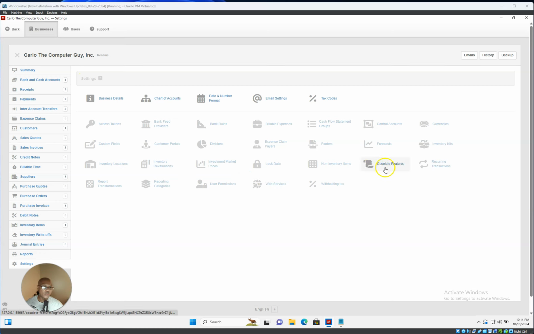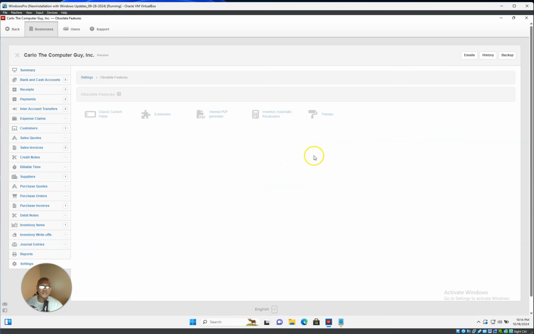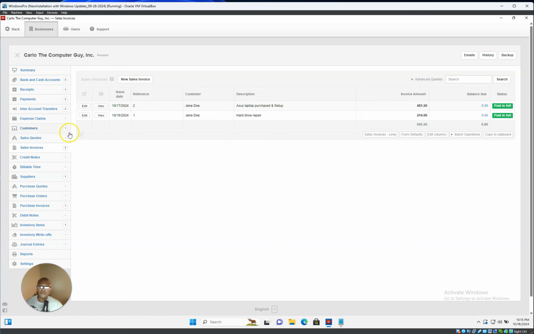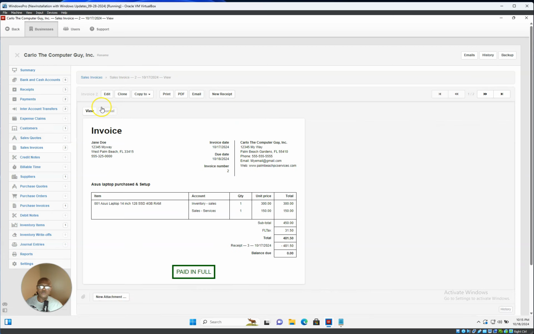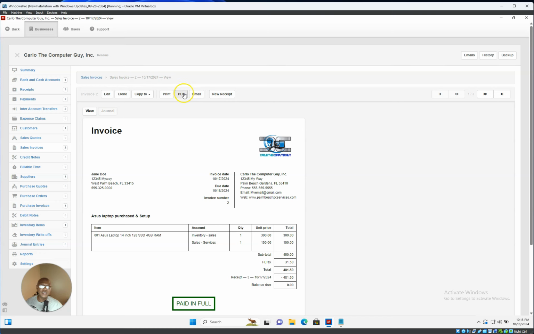There we go. We are going to obsolete features. We click on there, and we are going to enable internal PDF generator. Click on there, and you click on enable, and we're gonna do letter, right? Update. Now, if we go back to sales invoice